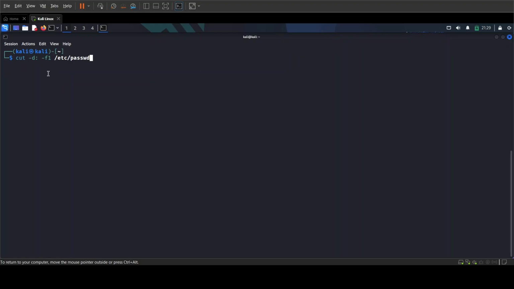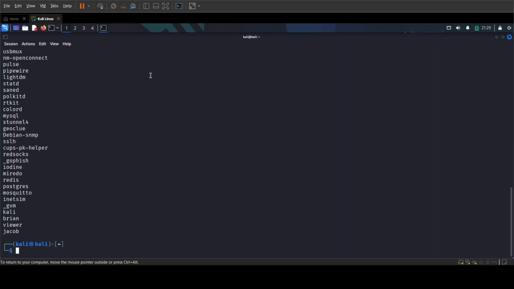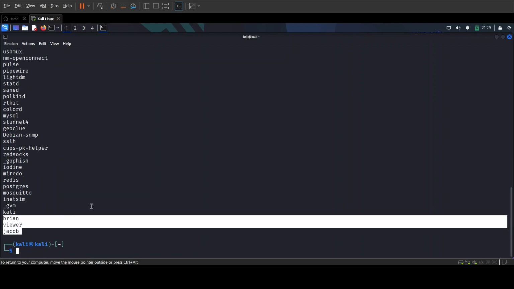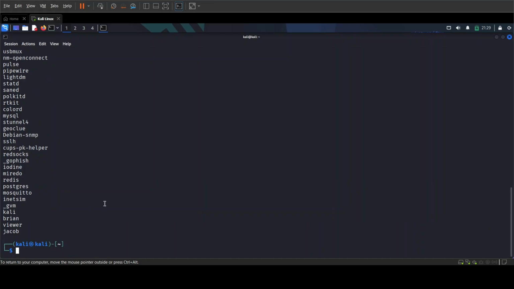So -d is for delimiter. We want to cut it from where we have the colon. Then -f is for the first column. So if I press enter, you can see I get a list of users and services that are available on our system. So these are the users that we created in the previous video,